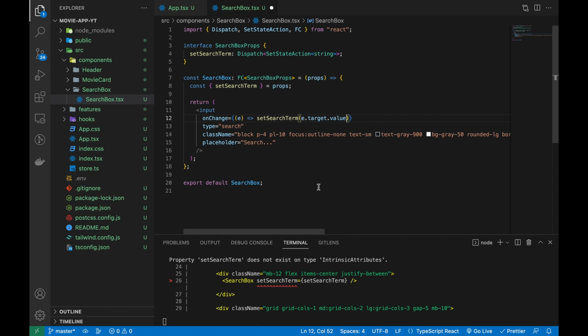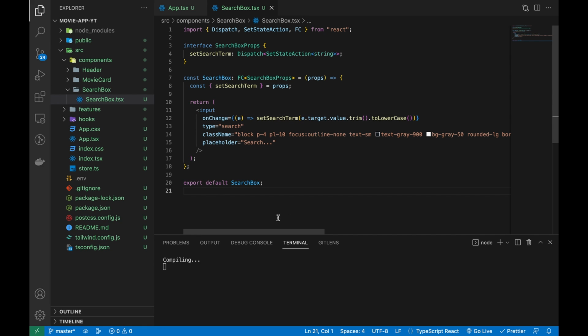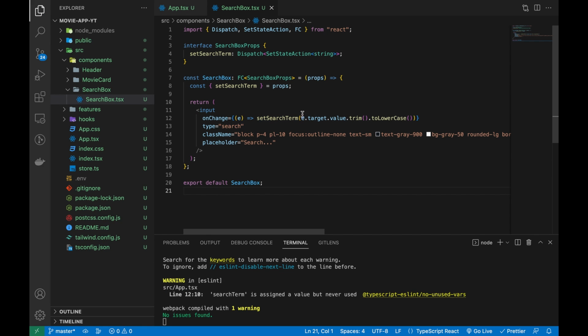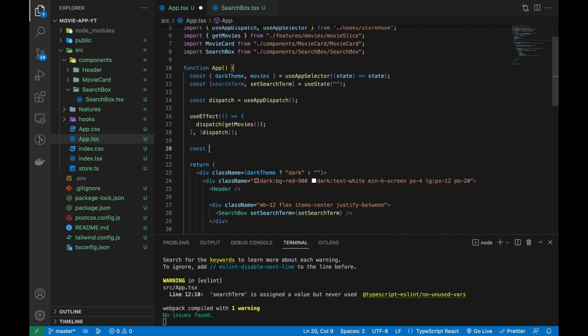Going back to the IDE, what we are going to do is trim. So we are going to set it to the trim value, which will remove the excess white space from the beginning and the end, and we'll convert it to lowercase as well. So this is it, and coming over to our app.tsx, now we have our set term, which is going to be set whenever the user types into the input. Okay, so what we're going to do now is filter through the movies, and we are going to do this by having a function. So we have a function called search movies, which is going to be equal to